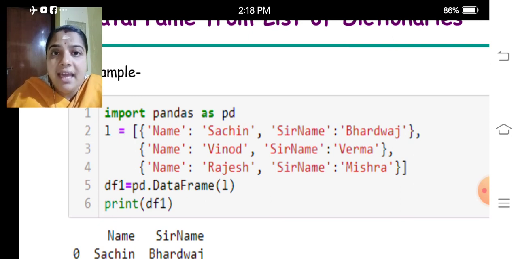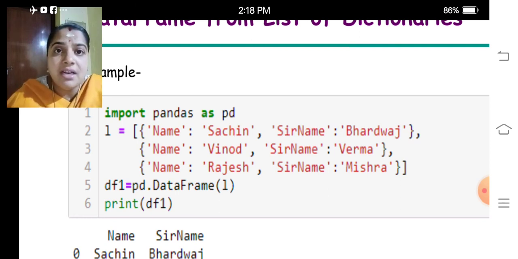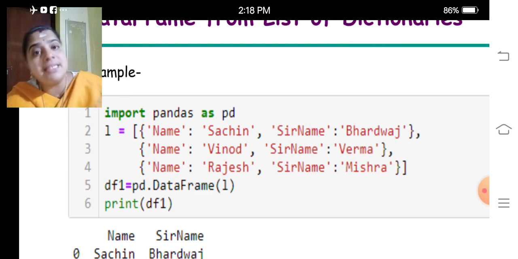So what is the key of all the dictionaries? Name and surname. And we are having different values as data. And we are trying to give that list of dictionaries to the data frame. The previous one we discussed was a dictionary of series.